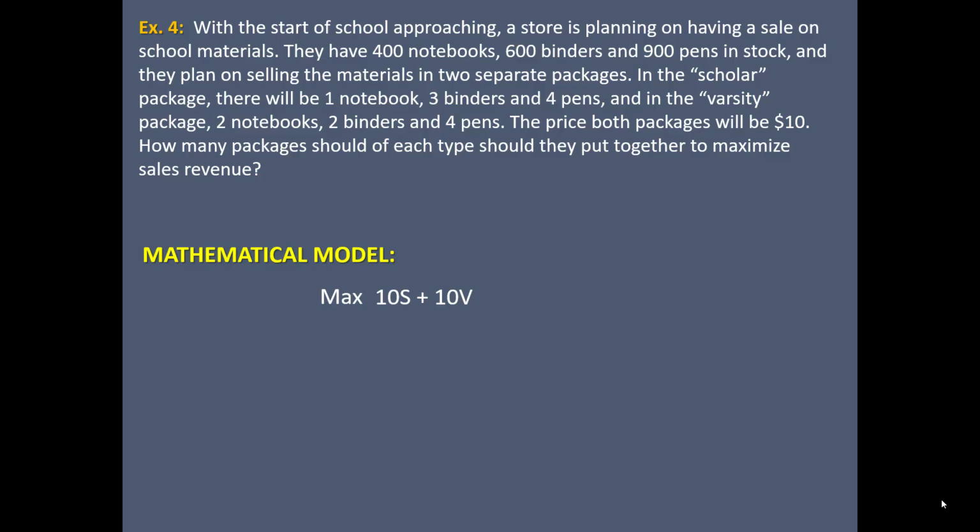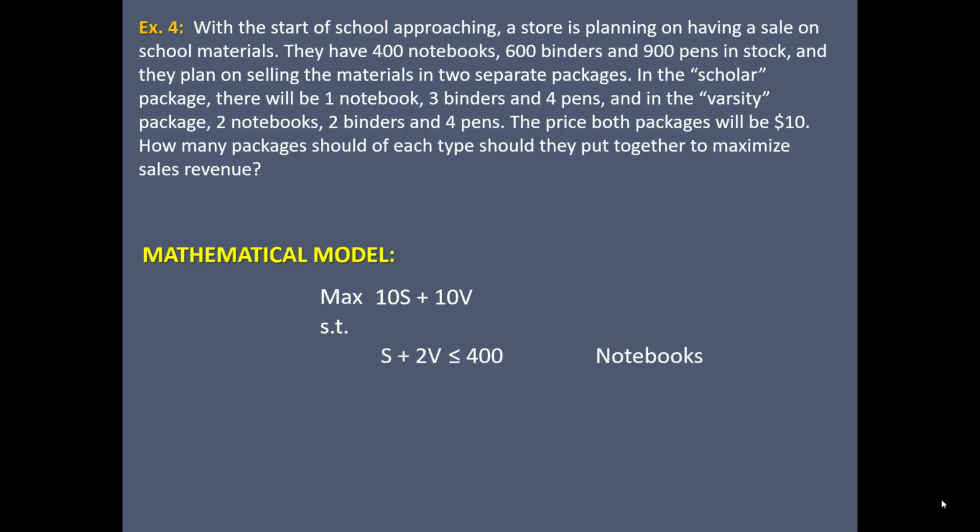Well, it tells us that both packages that we're trying to sell here, whether it's the Scholar package or the Varsity package, and using those letters for our different variables, so S for the Scholar package, V for the Varsity package, 10S plus 10V will allow me to calculate the revenue of the two packages combined,